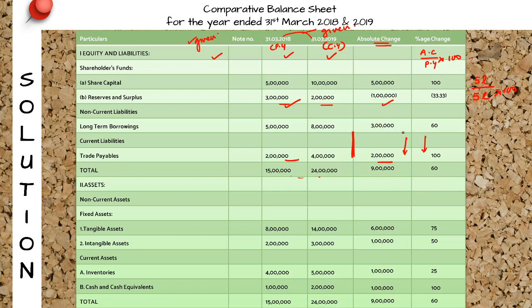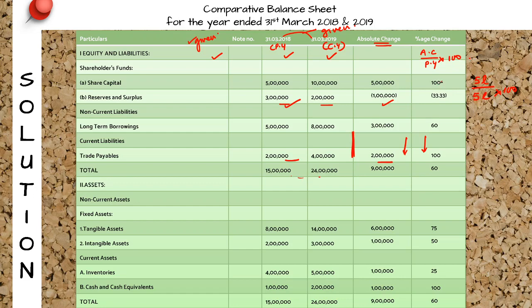This normally comes as a 4-mark question, and it is really very simple, because half of the thing that comes in the format is to be copied from the question. So if it's a 4-mark question, there will be 1 mark for each column. So two columns are already given in the question. So 2 marks you can easily secure. And absolute change is very easy to calculate. You can do it orally also. Only the percentage change has to be calculated.